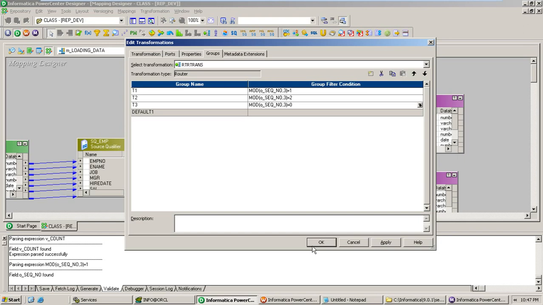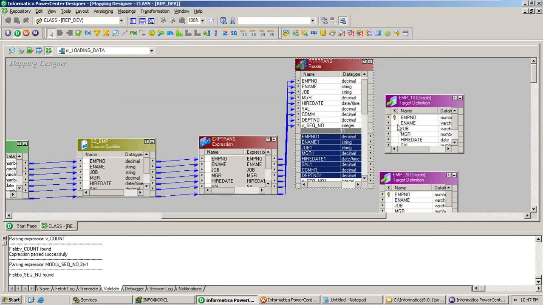Now connect the appropriate columns. Connect the EMP number, just minimize, and then bring EMP20, T2, connect this, and then connect this.